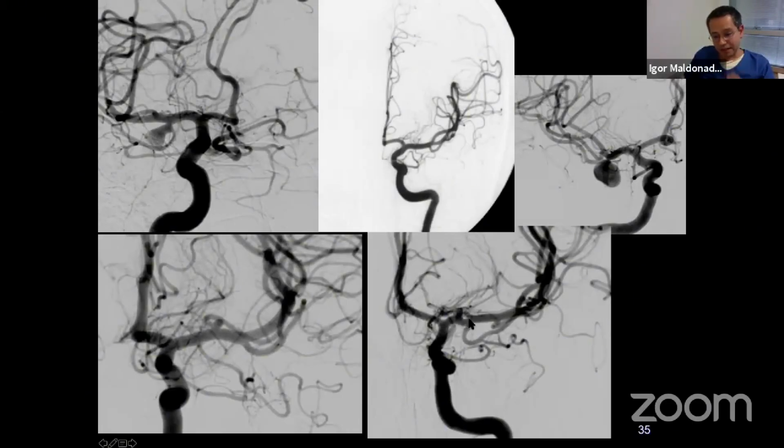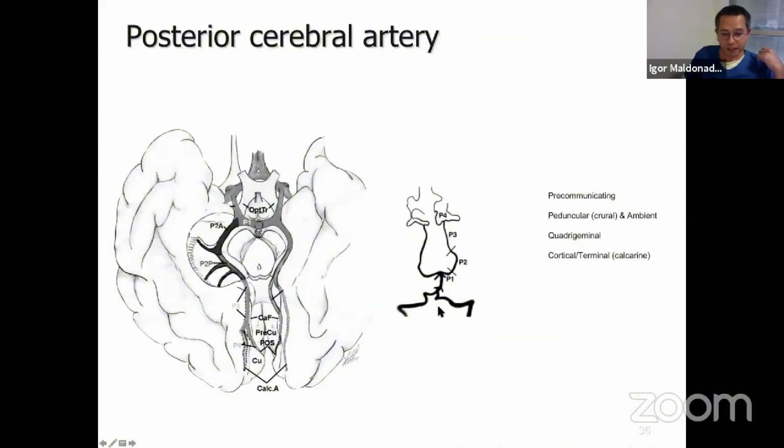Fenestration in the trunk, in the M1 segment, and inside the fenestration, a small aneurysm emerging, and then with a lot of lenticulostriate arteries there, and even one of them was coming from the aneurysm itself. So, posterior cerebral artery,